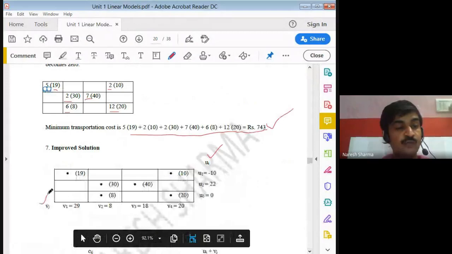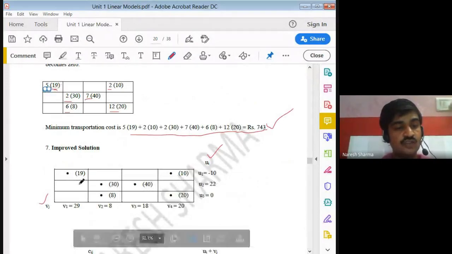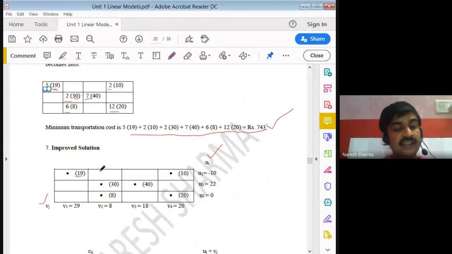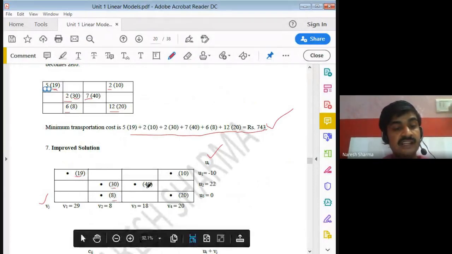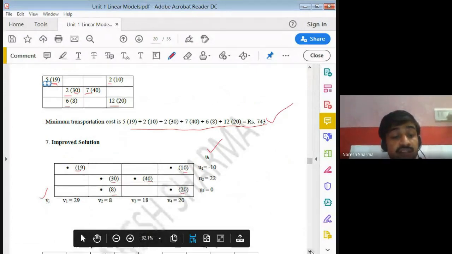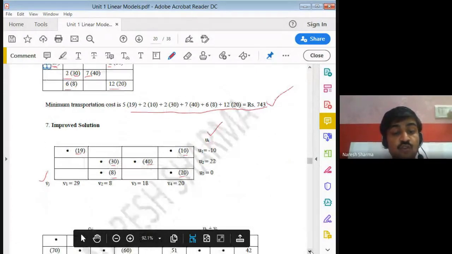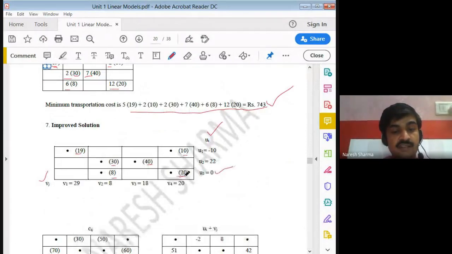Now we have allocated positions as these. Here the cost is 19. We just write these costs only: 30, 8, 40, 10, 20. Now how do we calculate u and v? Choose one value equal to 0. Now this 20 minus 0 is 20, because we know that